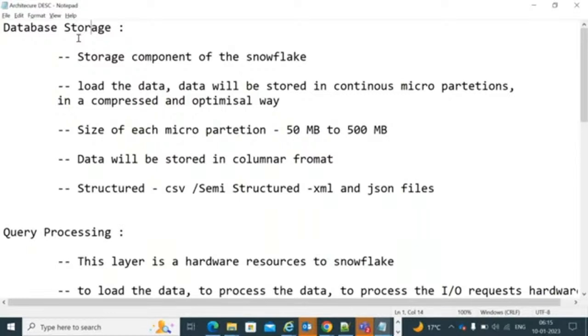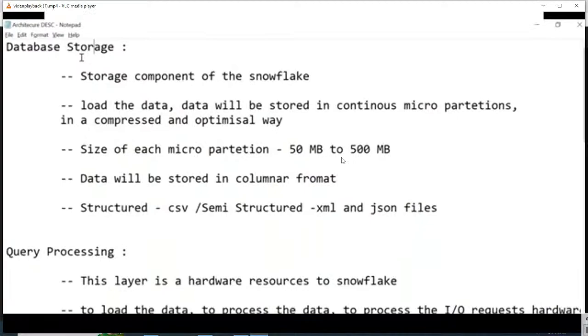Guys, what is the meaning of micro partitions? See, if you have some 2 TB of CSV file in your source system, when you load that 2 TB of CSV file data into the Snowflake data warehouse, automatically that data will be stored in the tables. And then from the tables, in the database storage layer, in storage